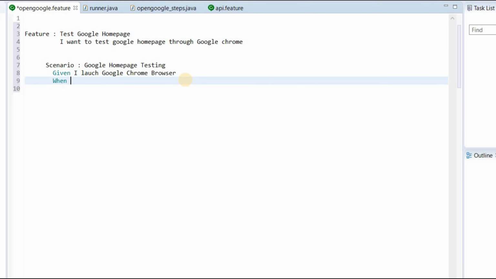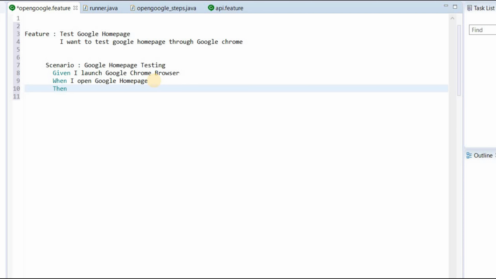Now the when part comes in. When I open the Google homepage, then what is the assertion? Google homepage is displayed. So three things we have done: given, when and then, and also